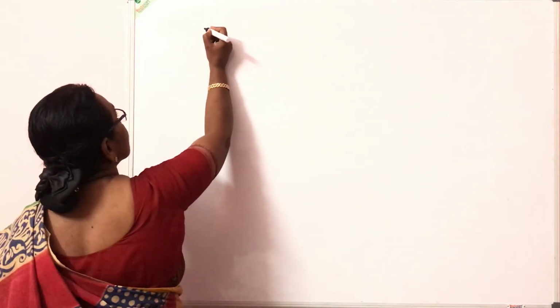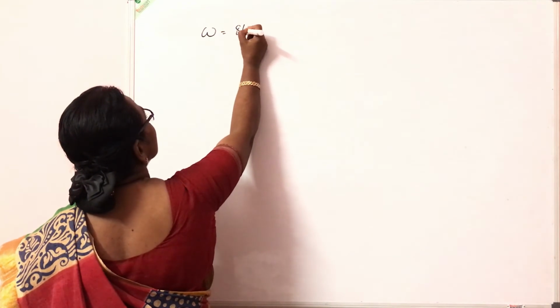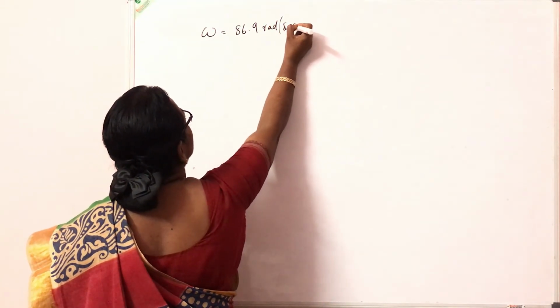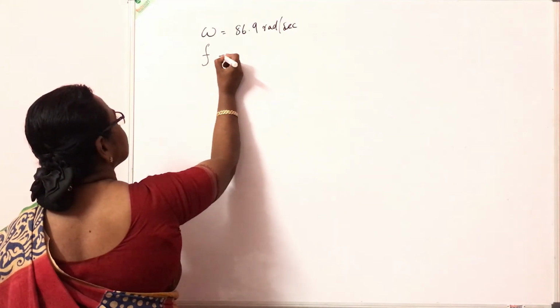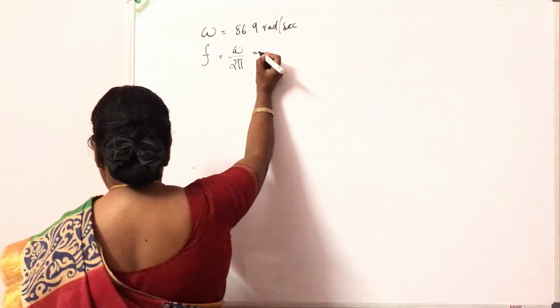Okay, so the natural frequency omega, we got it as 86.9 radian per second. And from that, the natural frequency f is equal to omega by 2 pi, which will work out to